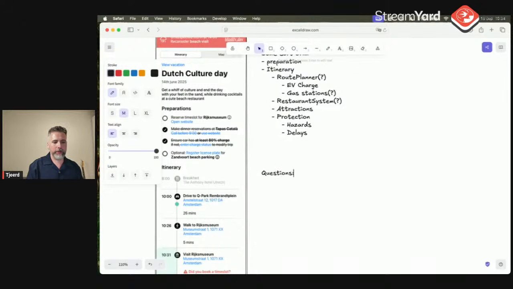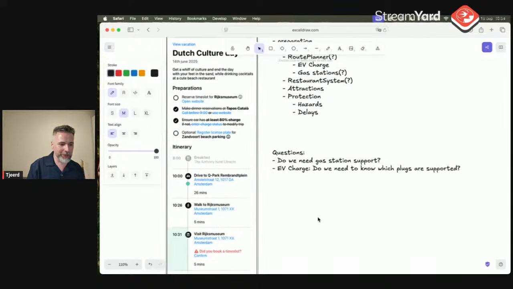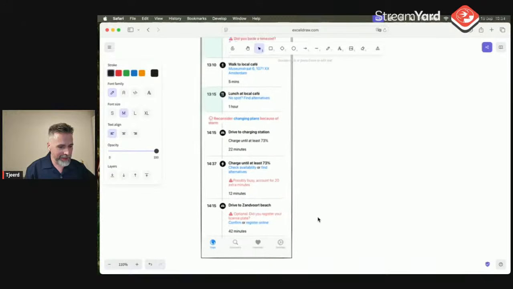So I will also have these requirement questions that they did not give me. Do we need gas station support? For EV charging, do we need to know which plugs are supported, because you have different plugs for the cars? You don't want to have the wrong charge plug and then not be able to charge your car. Speaking from experience.